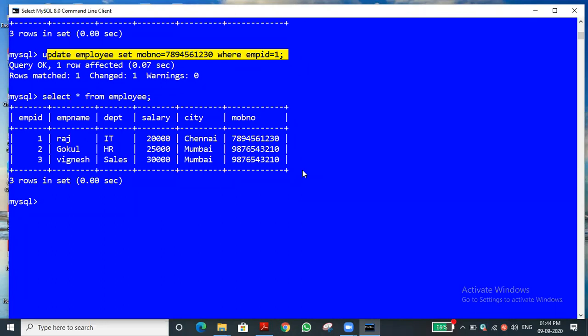In tomorrow's class, how to add a row, that is inserting a row, how to delete a row, and the remaining concepts as well. We will see the remaining constraints also as a continuation, in the next class. Okay, students, very nice time with you. I hope you understood the concept, isn't it? Have you all understood? Yes. Very good.